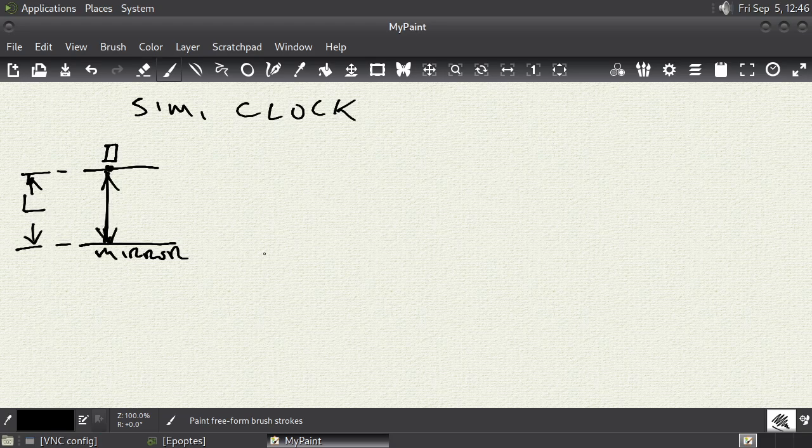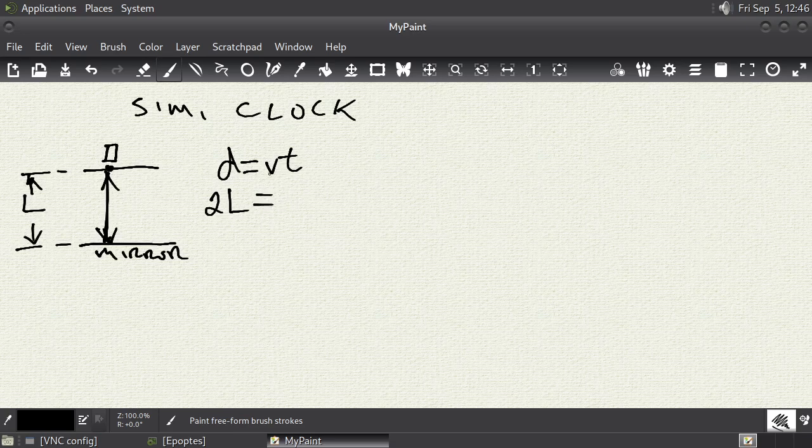Okay? So now let's ask ourselves, how can we use this as some kind of a clock? All we're trying to do is measure a certain time interval for a clock. So let's go back to our original equation for constant velocity, because light is traveling at a constant velocity. And our equation is d equals v times t. Now you might be tempted to say that the distance is L, but in fact you'd be wrong, because remember, the light traveled to the mirror and back again. That means the distance is 2 times L.